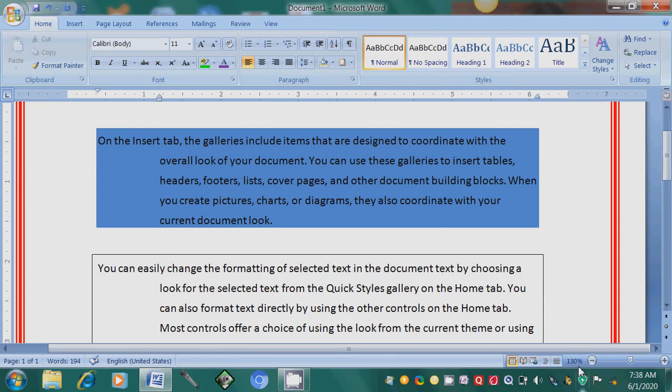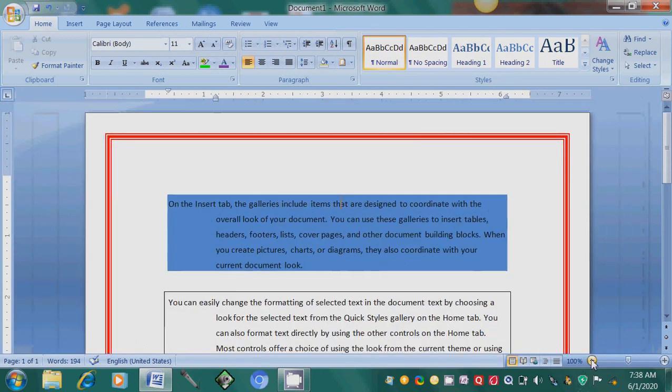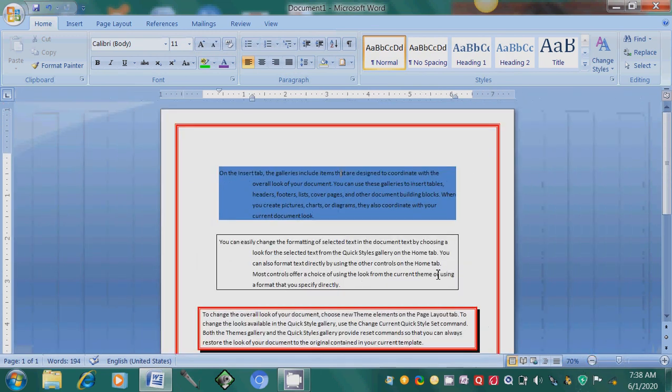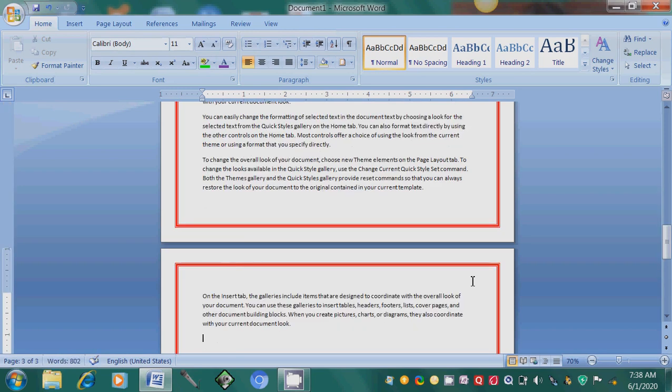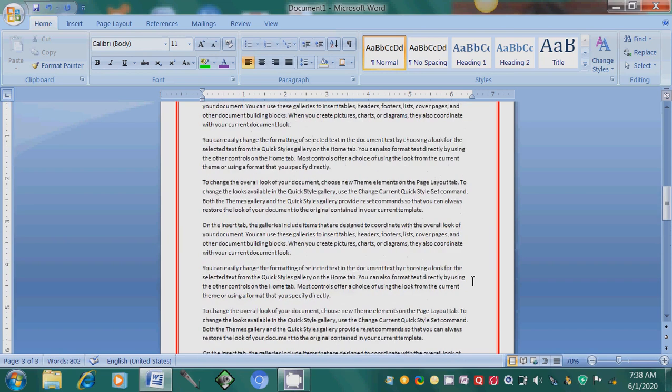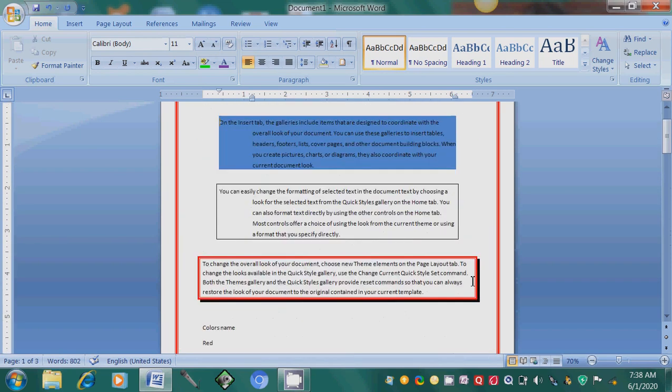Let me decrease the size by zoom out. This is not decreasing the size. This is just the viewing size. See, this is the page border which is appearing. And if I type multiple lines of text, say I am writing 10 paragraphs, they will be printed. Now this is the page border which you are able to see.